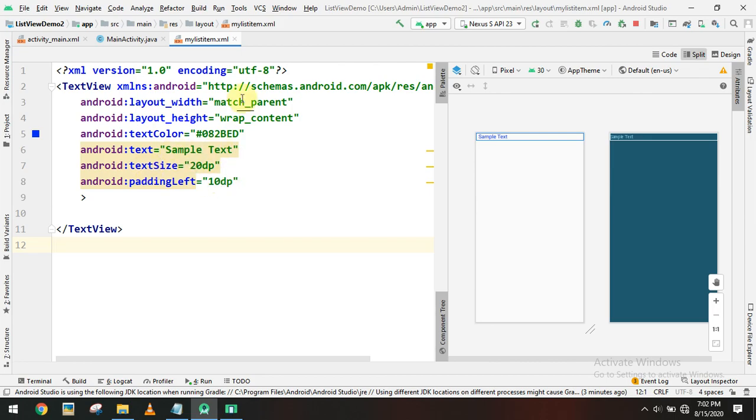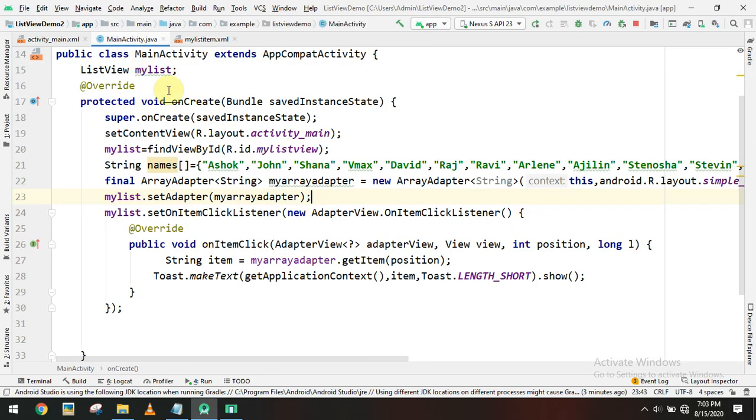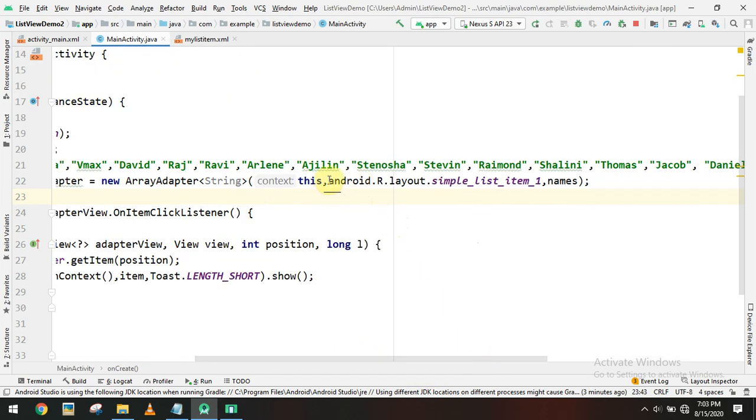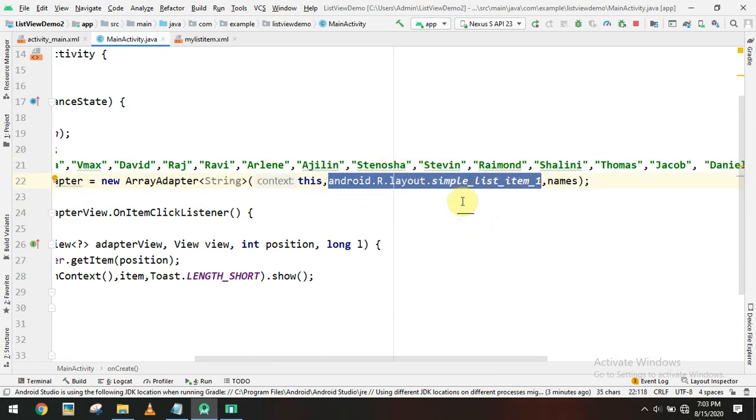Once you do that, we have created our own my list item XML file. This list item layout we have to set for the array adapter. So in the array adapter, already we are using a predefined Android R.layout.simple_list_item. This is a predefined layout.